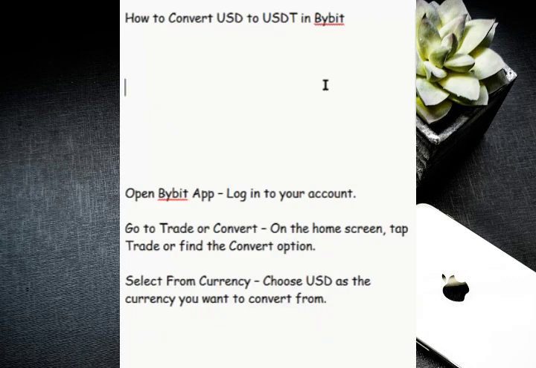In this video, I'm going to be walking you through how to convert USD to USDT in Bybit. So let's get started. The first thing to do is to make sure that you're logging into your account. Then from there, you have to go to the trade or convert. On the home screen, tap the trade or find the convert option in your Bybit account